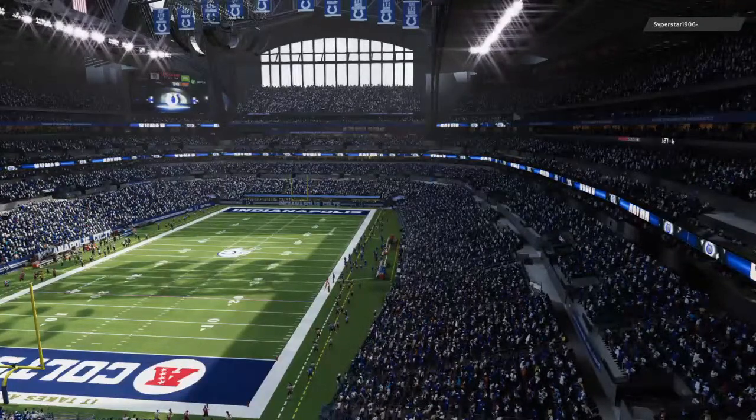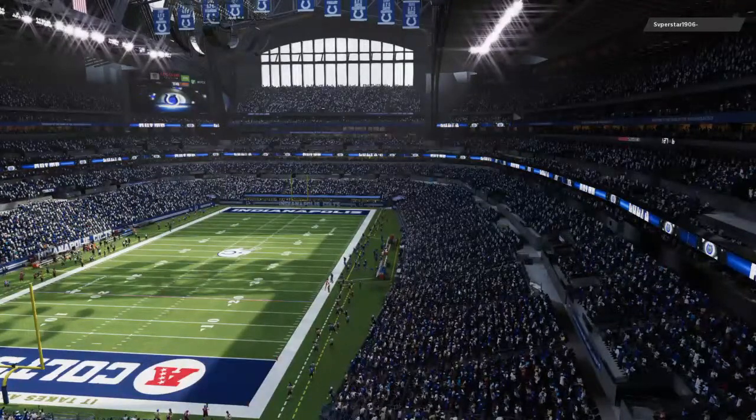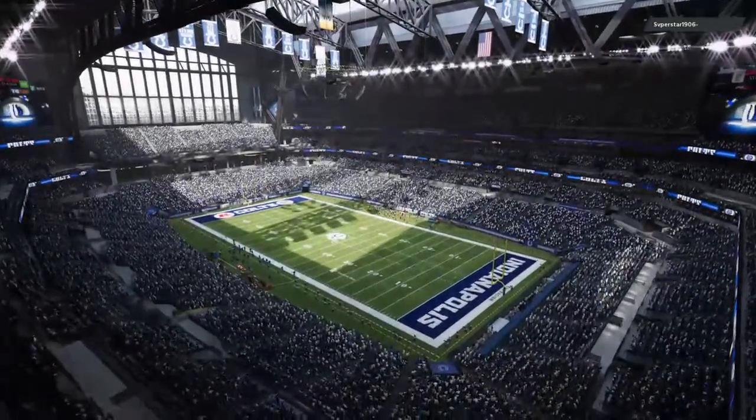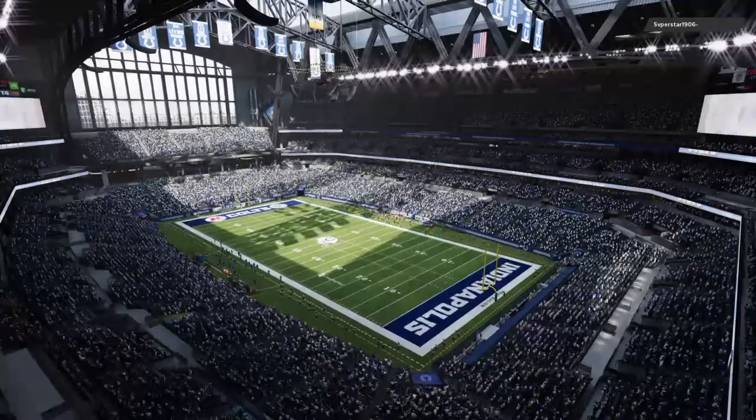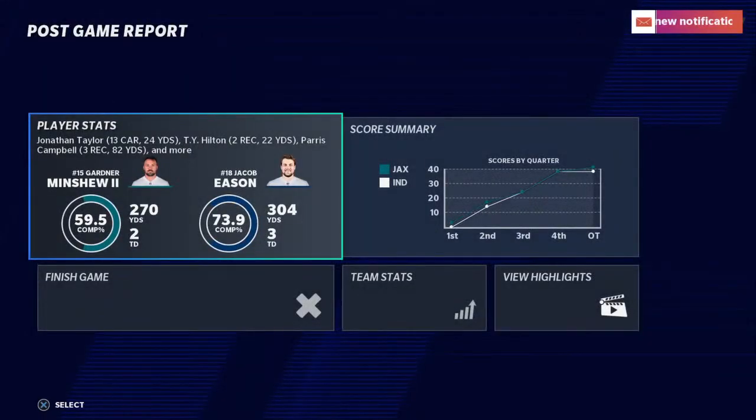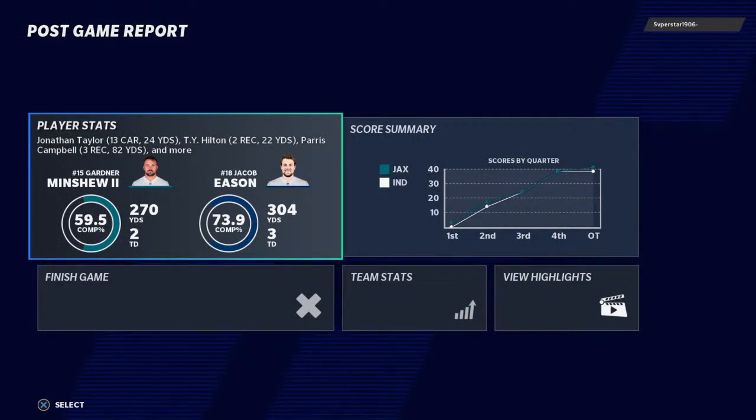So for the Jags, they remain as hot as anyone, 6-0 now through the first month and a half. And they will head home next week to take on the LA Chargers. Meanwhile, for the Colts, they taste defeat for the first time this season as they drop to 5-1. And now they'll head to the bye week as they'll be back in action